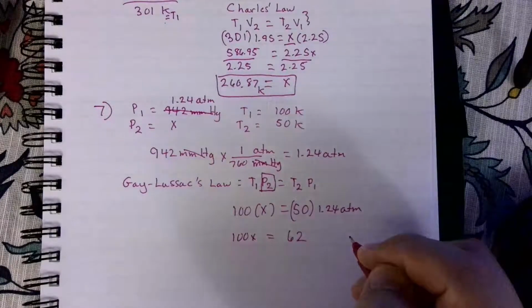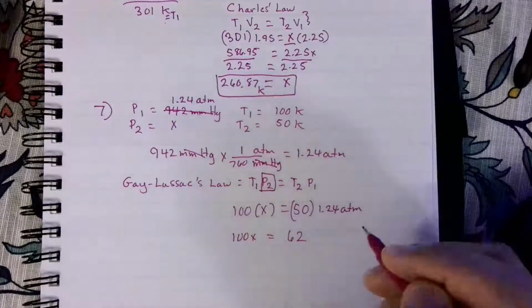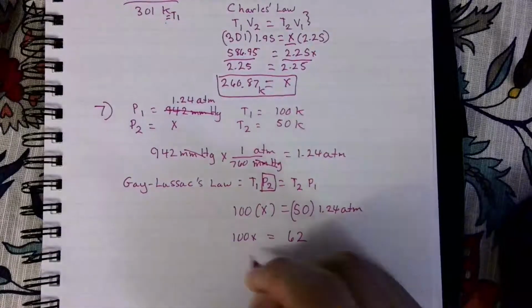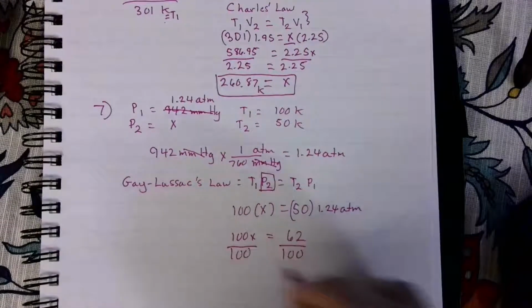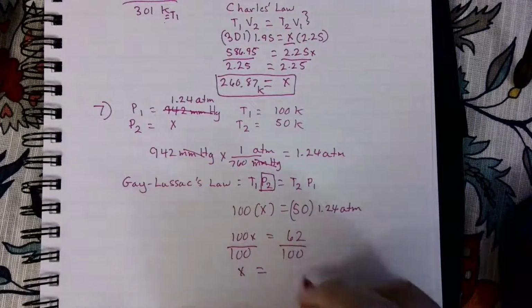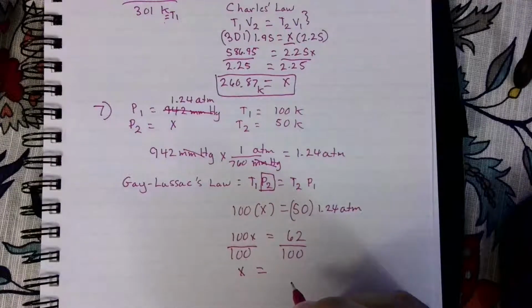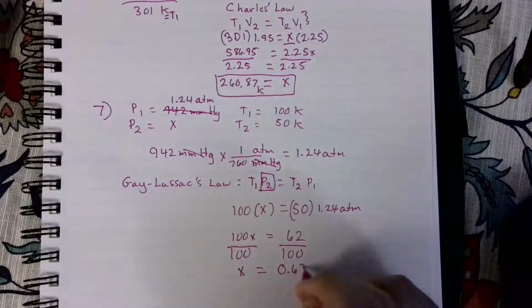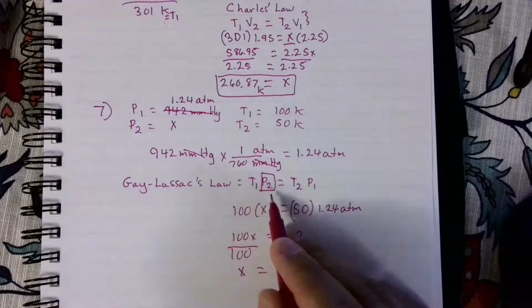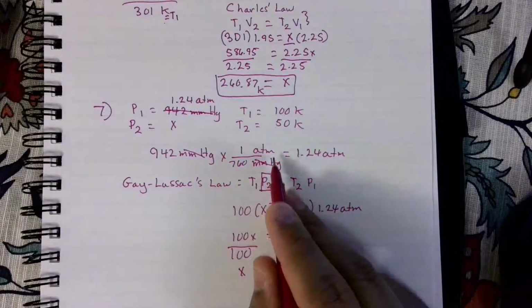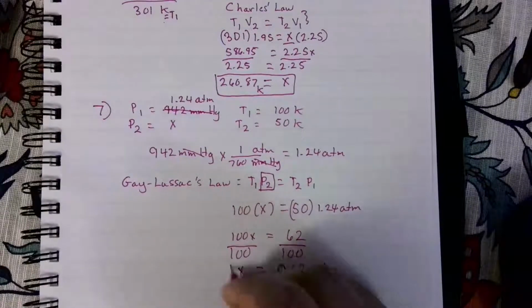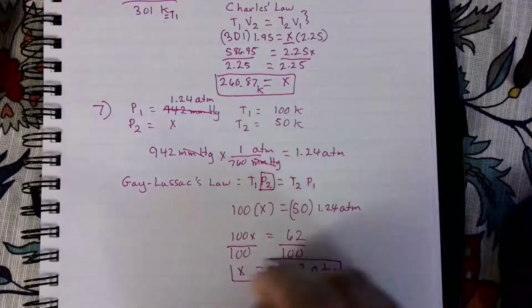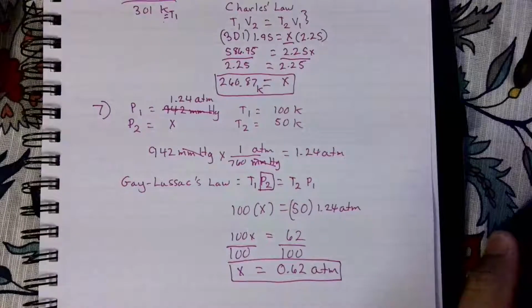Did that right? Yeah, double checked, it's 62. So now we need to solve for X, and that is a simple thing of dividing both sides by 100. So that's leaving X over here, and 62 divided by 100 should be the decimal of 0.62. And what is it we're working for? Pressure, and the unit of pressure is ATM. So this is 0.62 ATM, and there's our answer for number 7. Okay, so hopefully that made a little sense, but again, much easier than it